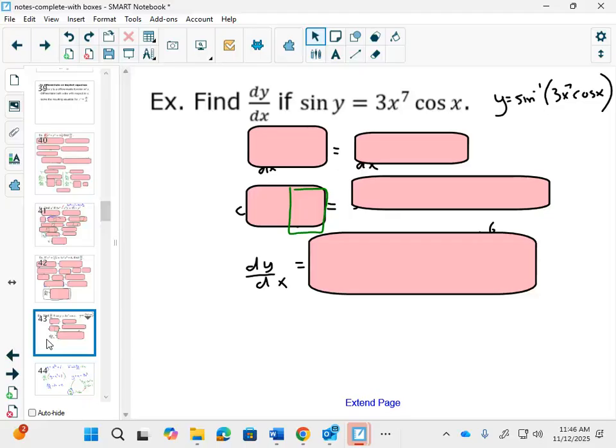Like the shortcuts, right? As soon as you start complaining that there's too many shortcuts, then I'm just going to make you do definition of derivative for everything. And then you'll see like, oh, it's okay. I like the shortcuts. All right. We will leave the rest